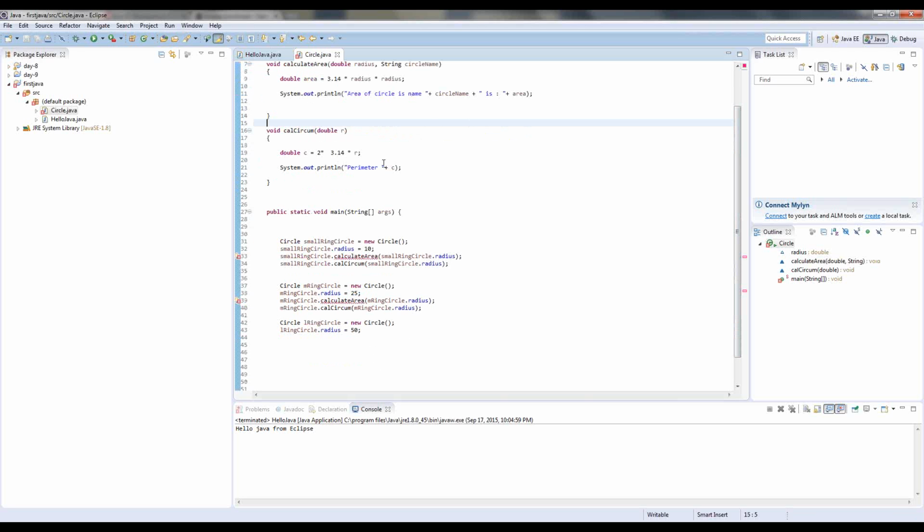Same thing you can do for perimeter also. You can provide this string circle name, and perimeter for circle name is